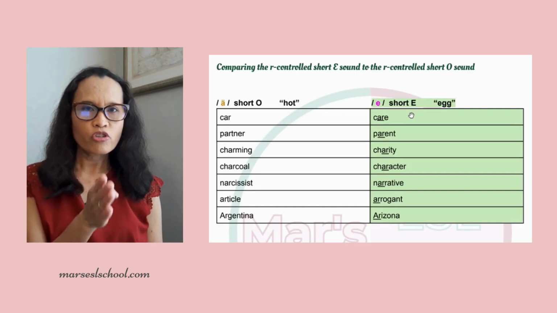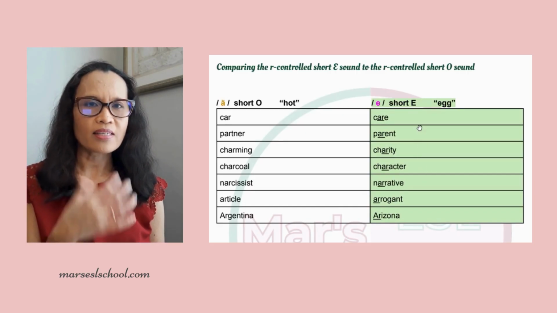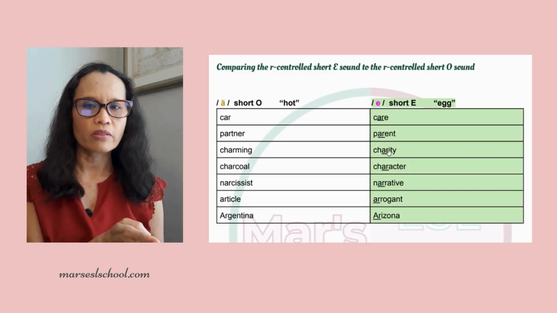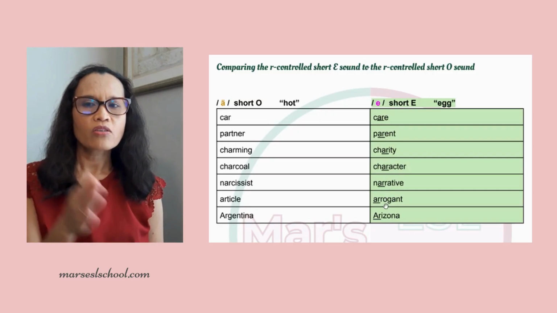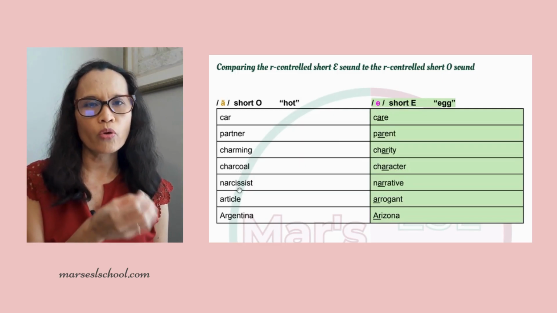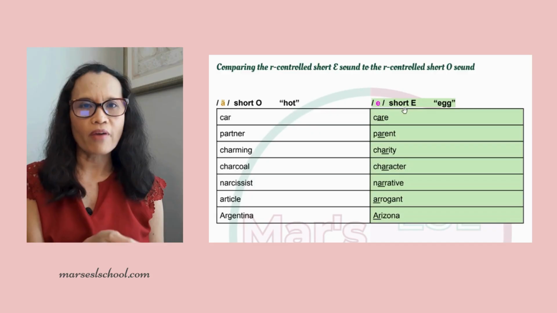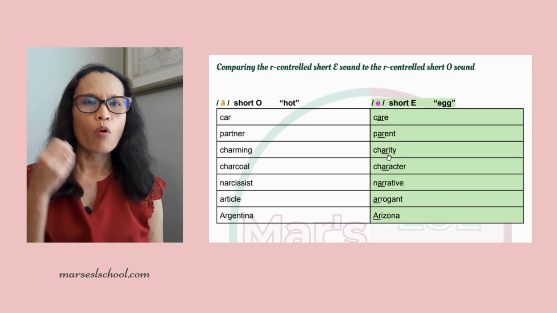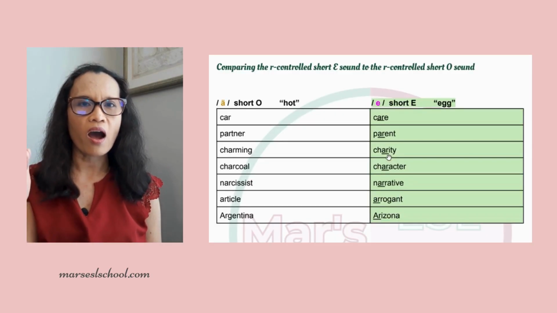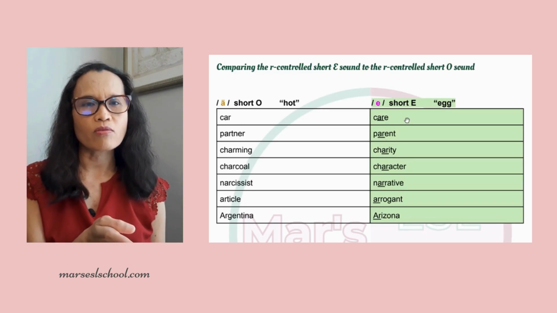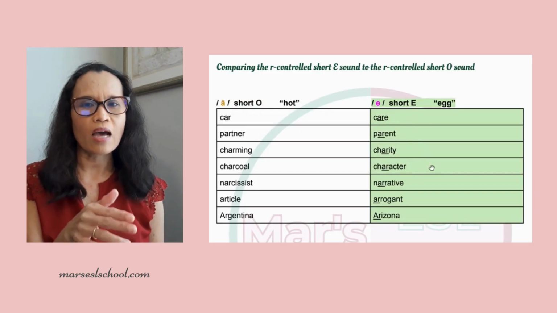So in this group, where we have AR as an R-controlled short A sound, AR is followed by a consonant letter. So we can see the difference. For the R-controlled short O, AR is followed by a consonant. For the R-controlled short E, AR is followed by a vowel. So this is a pattern that we need to pay attention to because it tells us when to pronounce AR as an A, R, like in car, and when to pronounce it with a short E sound or as an R-controlled short E sound, like in care,